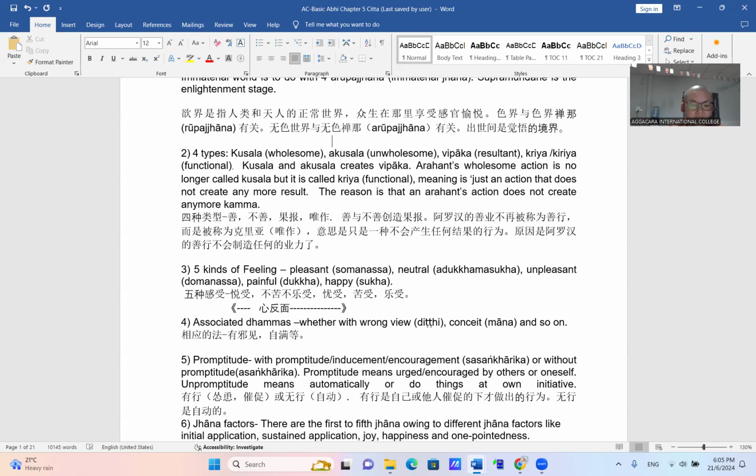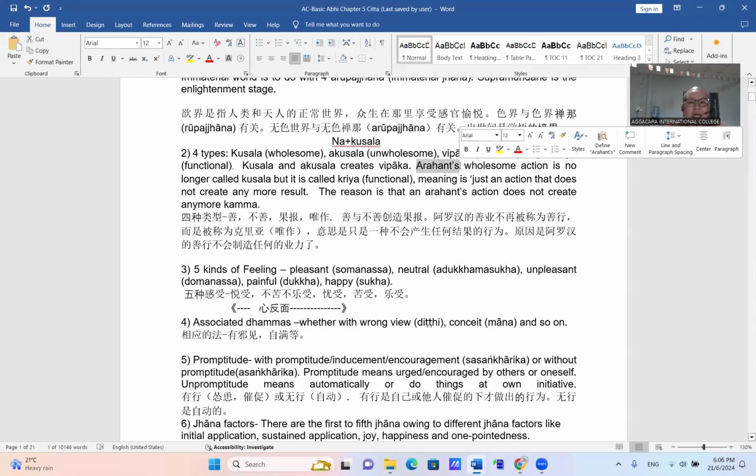If you have a printout, you can just write this extra, okay? Not kusala means not wholesome. Not wholesome means unwholesome. And resultant, vipaka. All right, so we read vipaka. And kriya, functional. Now, it's very logical. Kusala means wholesome. When you do a wholesome thing, kusala, it will create the result, vipaka. When somebody does akusala, an unwholesome thing, it also will create vipaka. So kusala creates vipaka, akusala also creates vipaka. But if somebody attains and becomes an arahant,